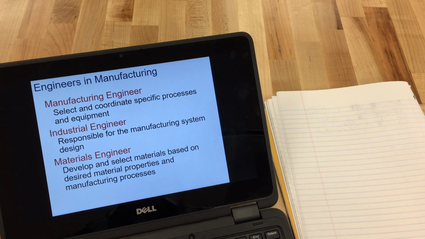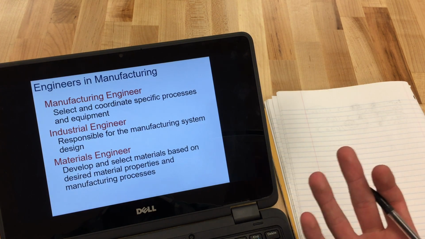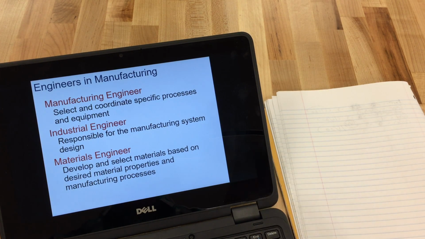So different types of engineers within manufacturing: there is the manufacturing engineer. They select and coordinate specific processes. So say you need a material to be formed a certain way, this would be the engineer that would determine what processes would be required. Your industrial engineer is responsible for the manufacturing system design. So they would be responsible for taking the processes and then developing the machines and things to execute it. And then material engineers,